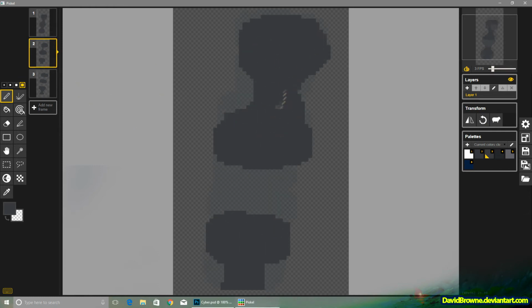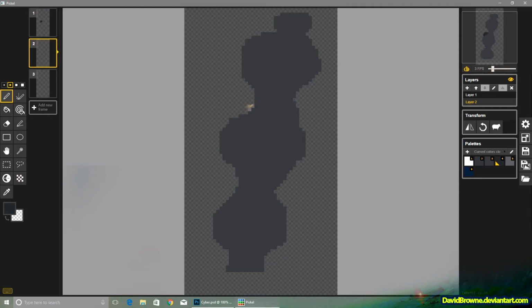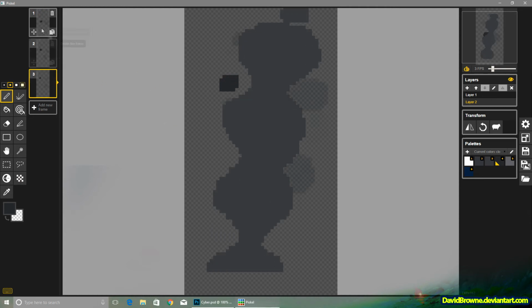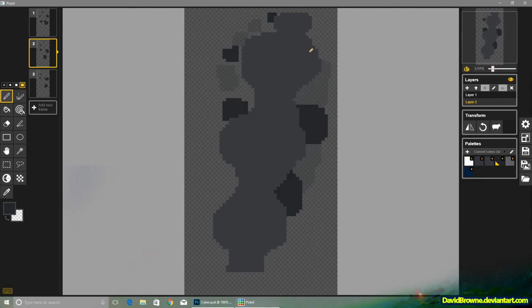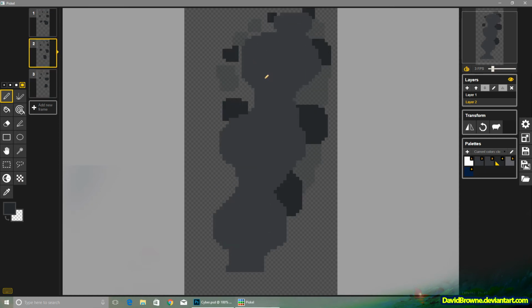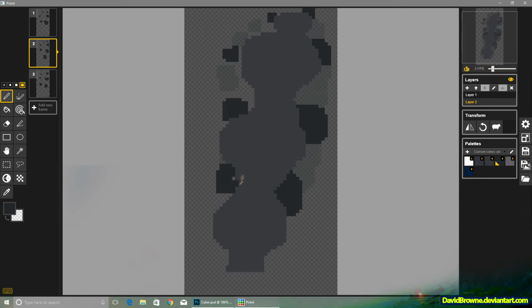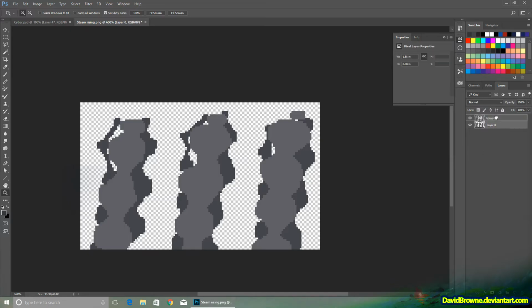Going to add a second layer beneath this first layer, just trying to very carefully plot the movement of these shapes over the frames. Now, I left this animation as a 3-frame animation. I think I should have added some more frames to this particular animation, and maybe gone for something like 6 frames. So after I've finished with that in Piskel, I'll take this over to Photoshop and apply a few modifications